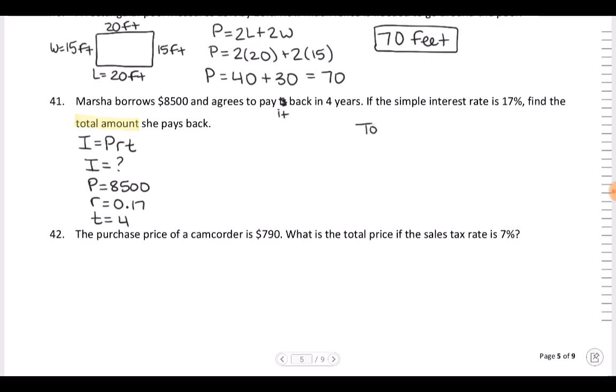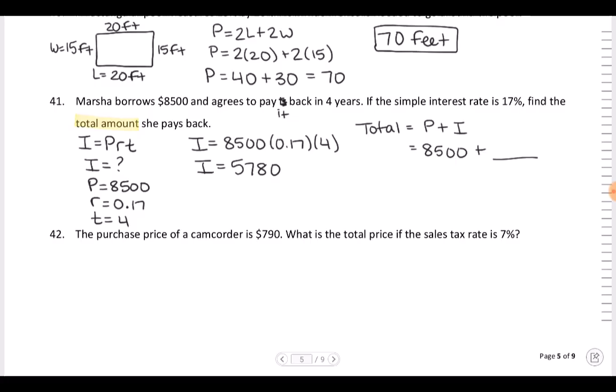So the total is going to be the principal plus the interest, right? So that 8,500 plus whatever we find for the interest. Okay, so interest is 8,500 times 0.17 times 4. Okay, so let me use my calculator to find that. So 8,500 times 0.17 times 4 equals